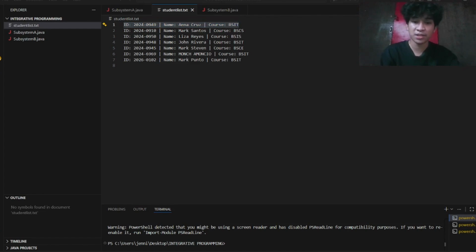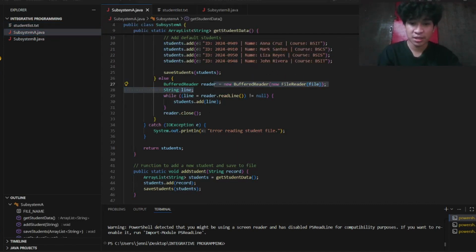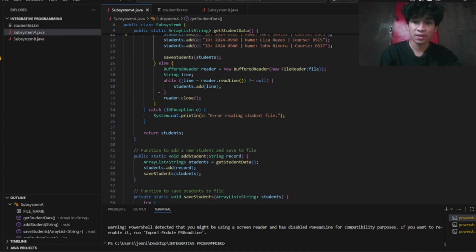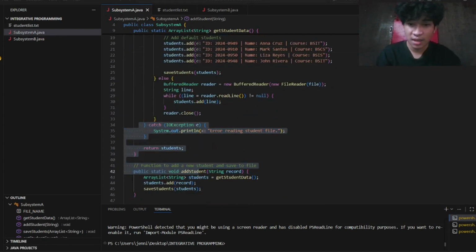The program then reads the file using BufferedReader. It reads the file line by line, and each line is added to the ArrayList. A try-catch block is used to handle possible errors such as file reading issues, which prevents the program from crashing. Finally, the function returns the list of students.